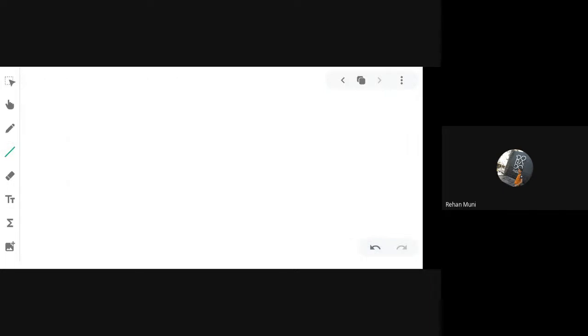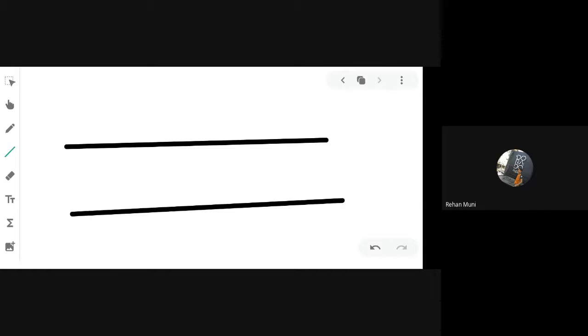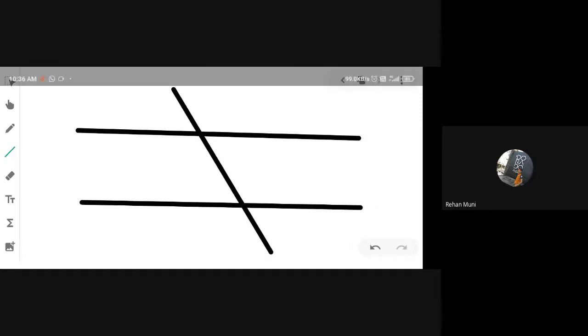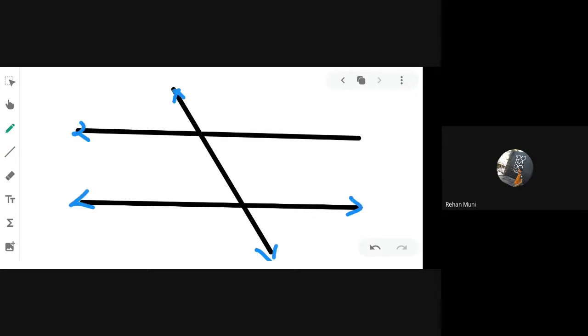Now you can see, if you want to write Euclid's fifth postulate in other words, we are taking two parallel lines, and whenever you take two parallel lines and another line falling on them, we get lots of angles. For example, angle 1, angle 2, angle 3, angle 4, angle number 5, 6, 7, and 8. But all these angles have some relation.